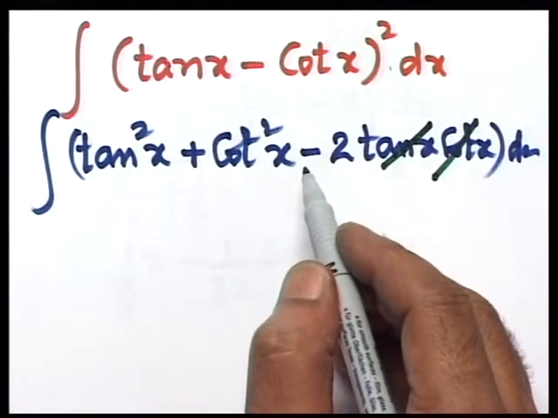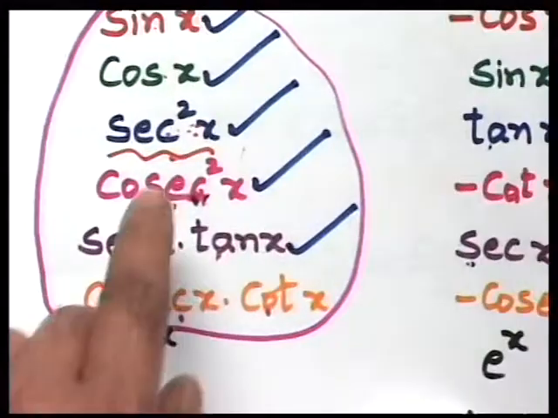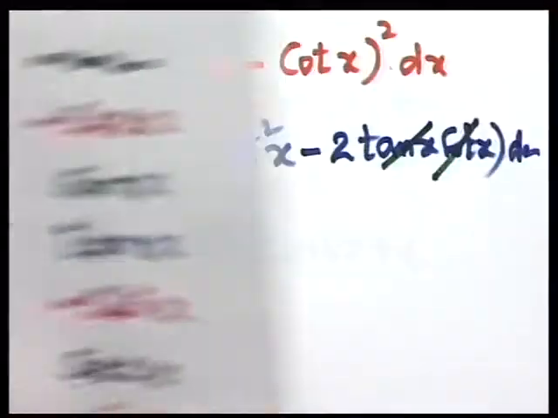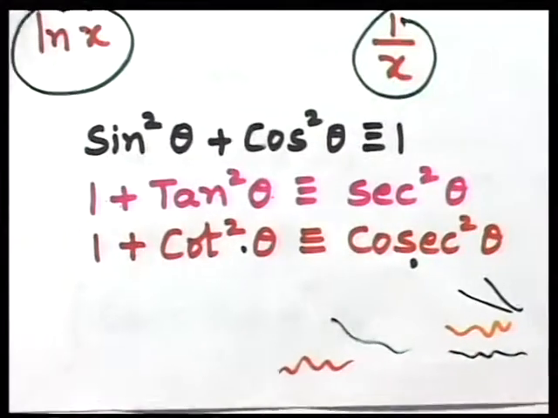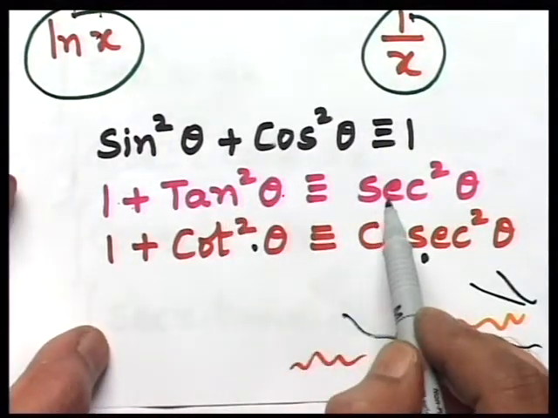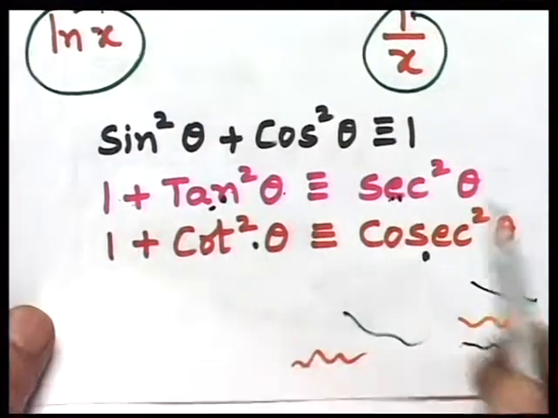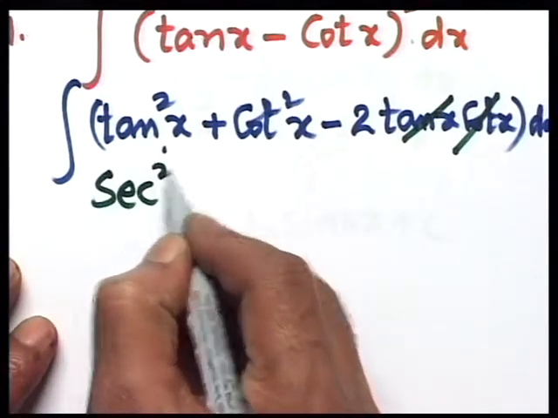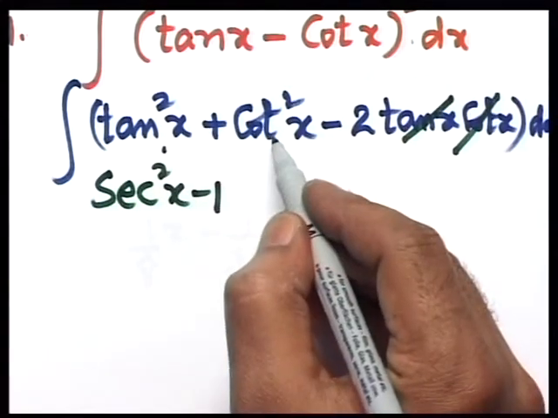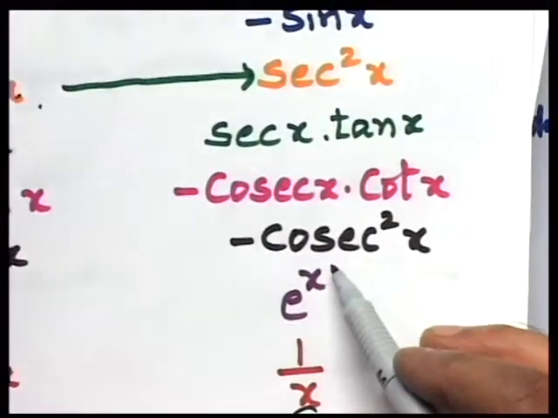Now, integration of tan squared I don't have, right? So I have sec squared integration. So we can write the rules that we know from C3. There we go. I told you, copy them at one place, please. So I know the integration of sec squared. I am with tan squared. So write tan squared as sec squared minus 1, see what happens. So that's going to be sec squared x minus 1. In the same way, we don't have an integration rule for cot squared, but we do have for cosec squared. So let's